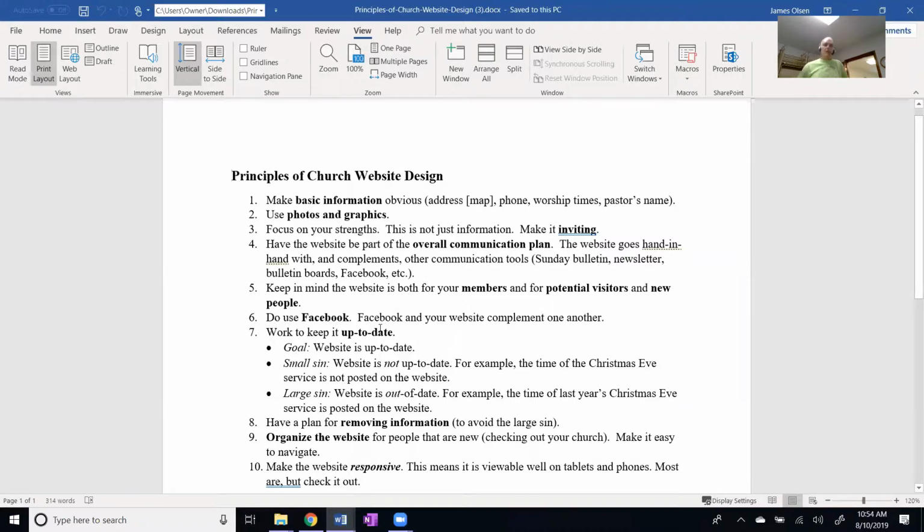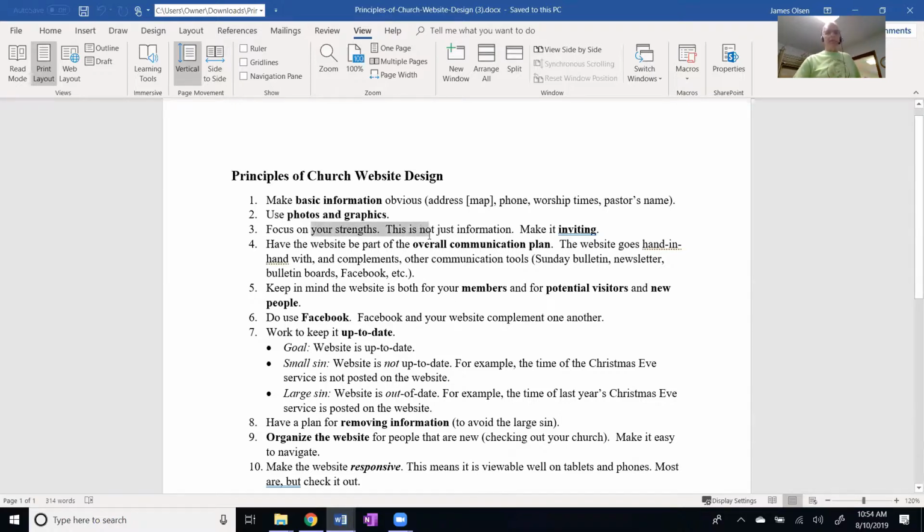Okay, so I'm not going to read all this to you, but I'll emphasize a few things. People are visual. The internet is visual. If you have a tweet that has a picture in it, more people will pay attention to it than just a tweet with text, okay? So you've got to get onto photos and graphics. On the website, when I talked about the people that you need at your church in order to make a website, one of the things you need is somebody that's going to take pictures, okay? If you have a cool ice cream social, you need to take pictures of it.